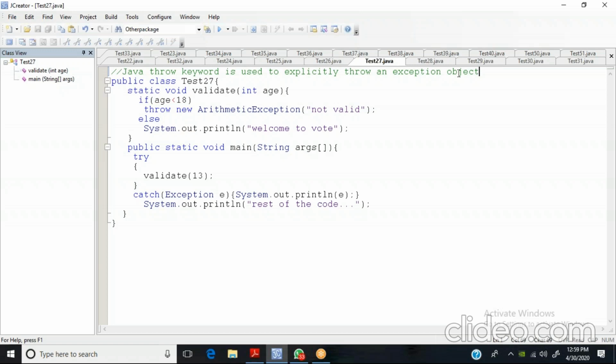Now, in this example, we are throwing an exception explicitly. That is the difference between this program and the previous programs. We are going to throw our exceptions explicitly, meaning we are declaring that we are throwing an exception. Look,